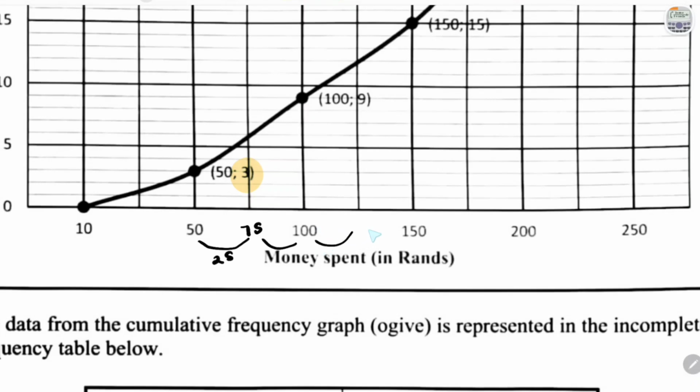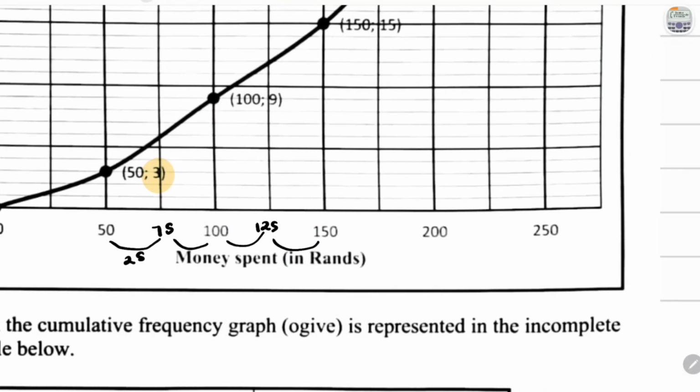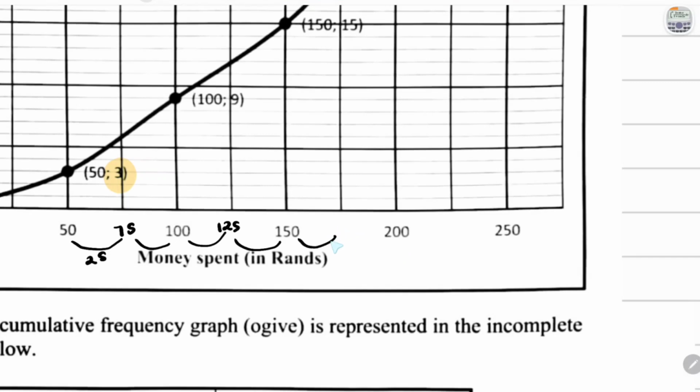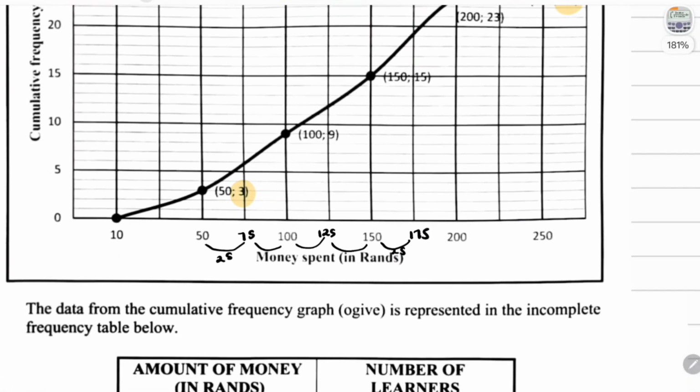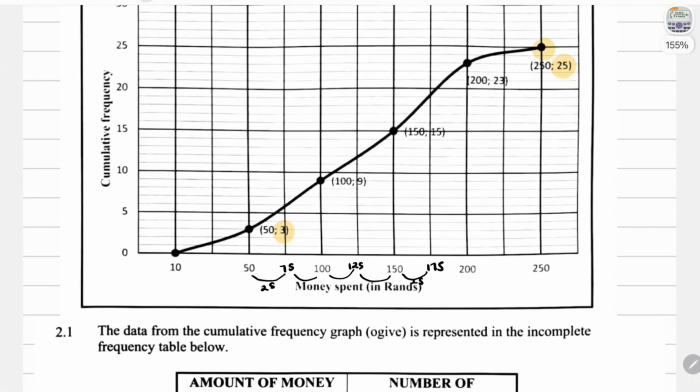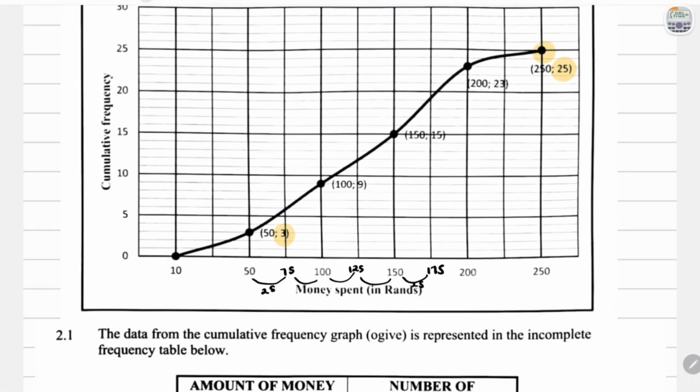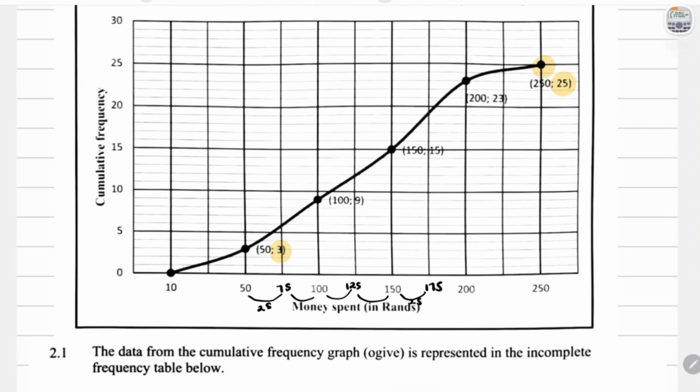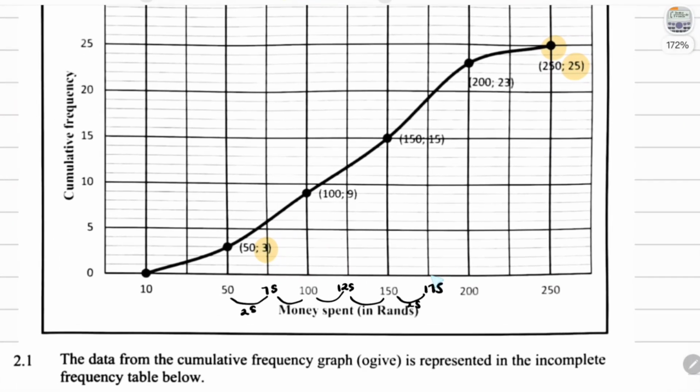Okay, plus 25, of course, is 125. Plus 25 is 150. Okay, so to get that, plus 25 would be 175. So there's where 175 is. And then, of course, plus 25 will give you 200. Okay, so now that we know where 175 is, what we can do is to find out the amount of